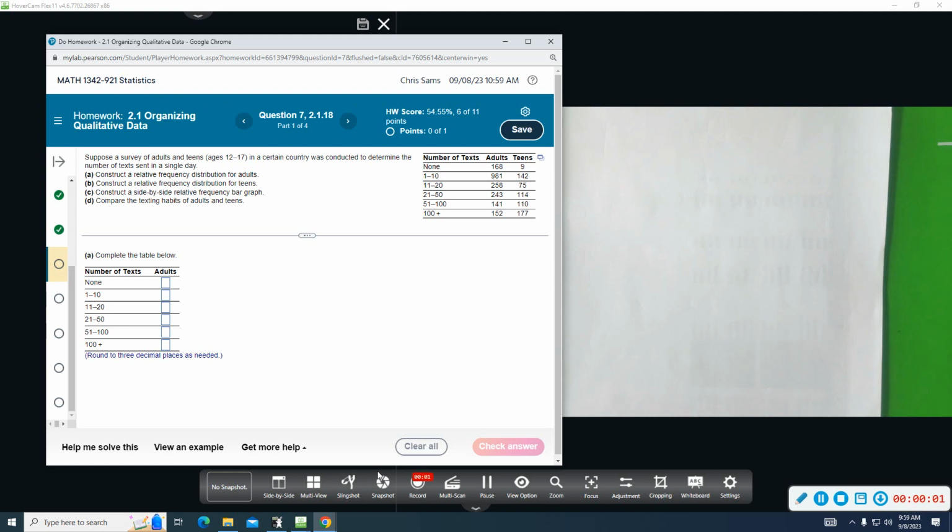All right, question number 7. We have 4 parts. We're given a survey of the number of texts that adults and teens send, and we're given a number chart here. The number of adults who sent no text was 168. The number of teens was 9. Between 1 and 10, 981 for adults and 142 for teens, and so forth and so on,